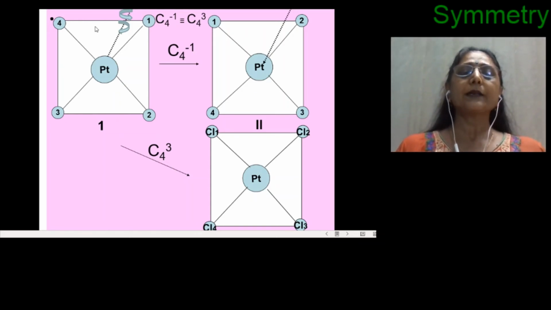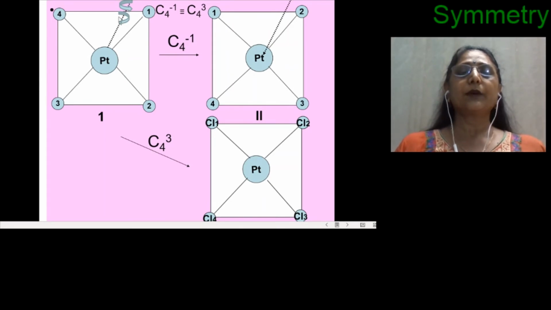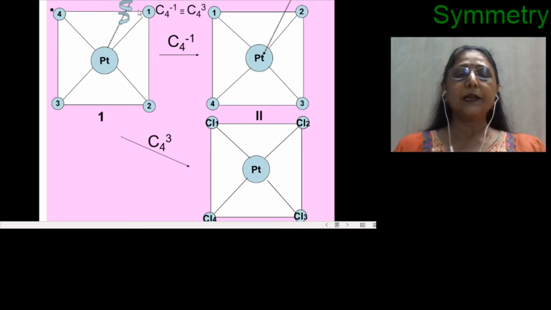The axis, in a similar way, passes through the platinum, that is through the center of the molecule; one is the clockwise direction, and this one is anti-clockwise rotation. Now, as we have considered earlier, I will consider it a little bit differently. Right now I am considering rotation in the opposite direction first. So what will we do? C4 inverse. That means if this axis of rotation is my C4 axis for clockwise rotation, then for anti-clockwise rotation I have to rotate the molecule in the opposite direction.